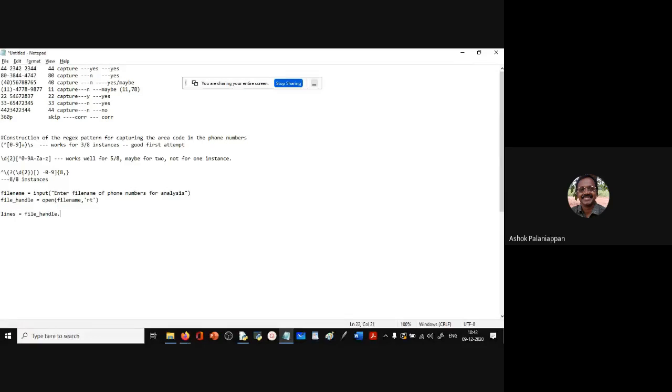I want to read the file, so what will I do? Read lines. Read lines, excellent. So read lines off. So now let me iterate over all the lines. So this returns the iterator lines. So I take for line in lines. Okay. So let me first import my RE library.